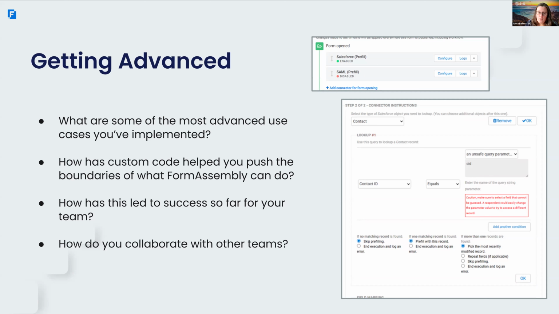Just kind of would like to close the discussion with thinking about the successes that you've had. We've heard a lot of great stories of use cases, but would love to hear either a specific story to emphasize the success or overall some of the successes that you guys have had. I think the overarching success that we've had is we have utilized FormAssembly now for almost every